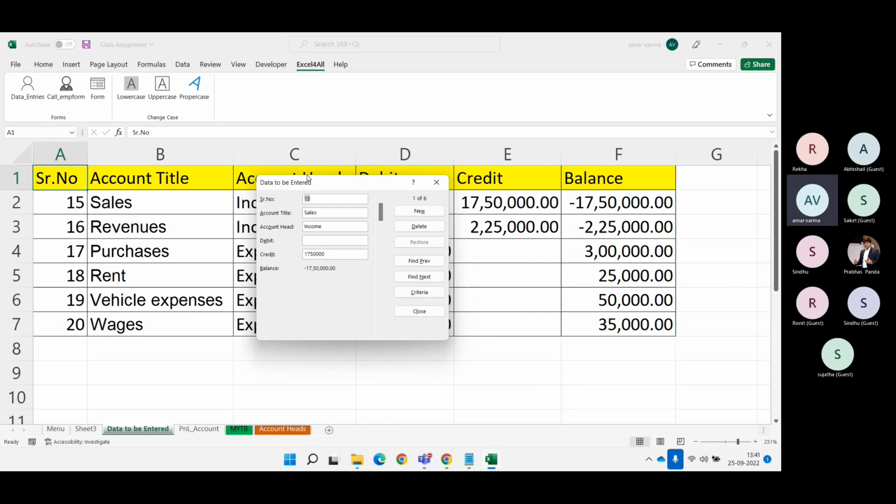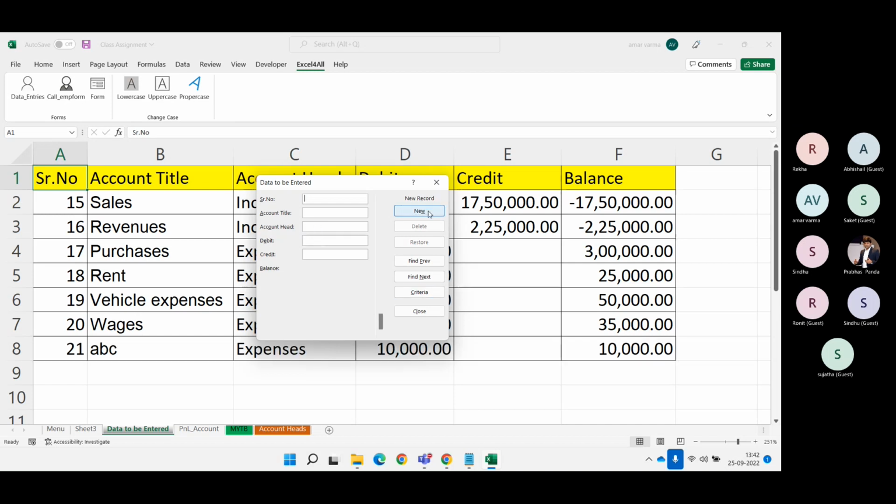See, if you click on new, it will automatically add a new record. If I say serial number, say 21, तो आ गया। जस्ट न्यू पे क्लिक करेंगे ना, ऑटोमेटिक आ जाता है।